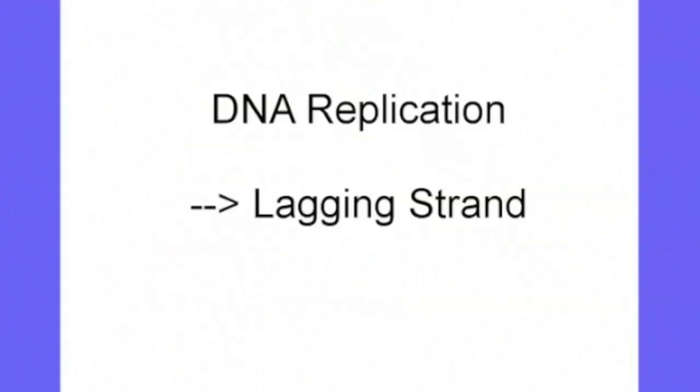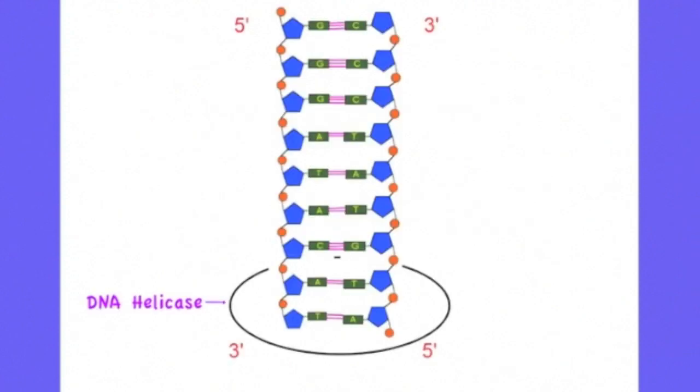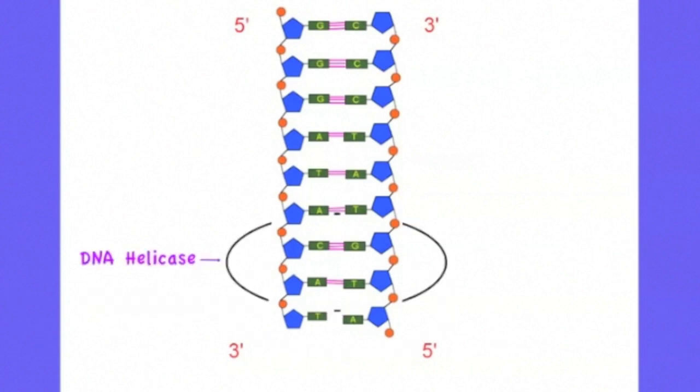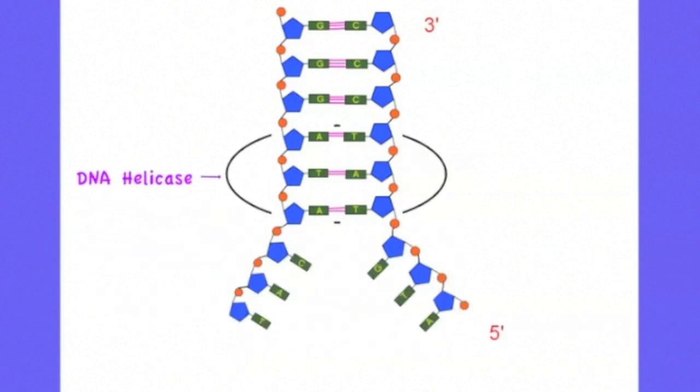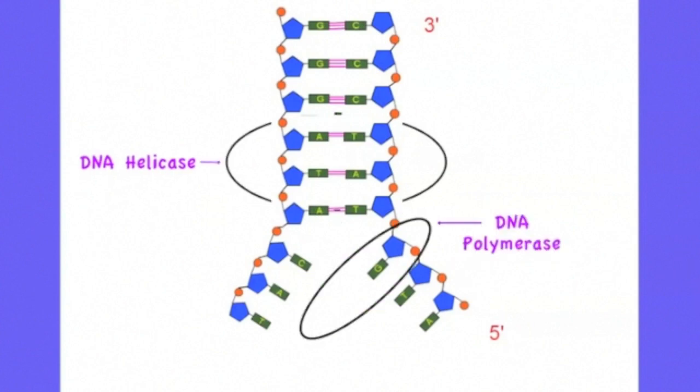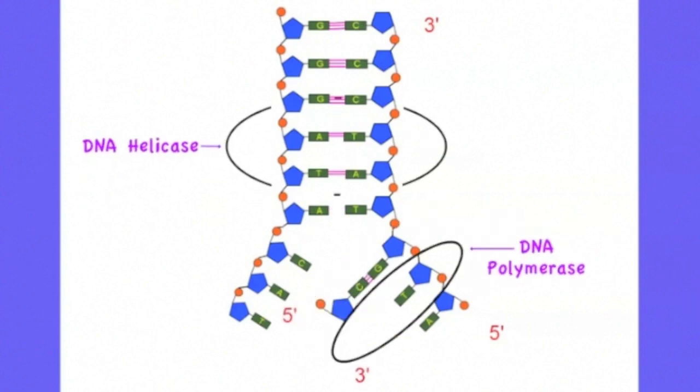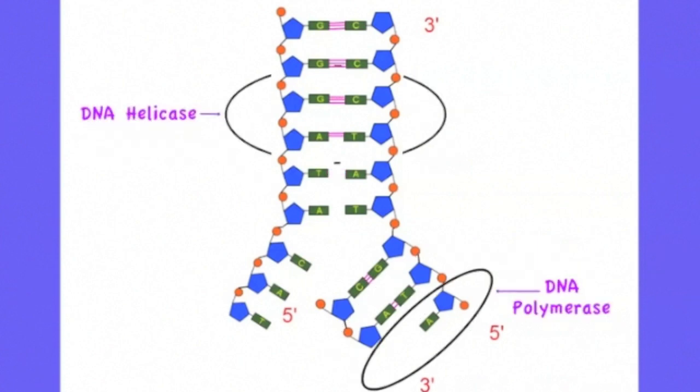Now let's look at the other side of the original DNA strand. We call this the lagging strand. In the same way as before, DNA helicase unwinds and separates the two strands by breaking the hydrogen bonds. DNA polymerase also, as before, adds complementary DNA nucleotides. However, because of the anti-parallel nature of the original DNA strand, DNA polymerase has to work in the opposite direction